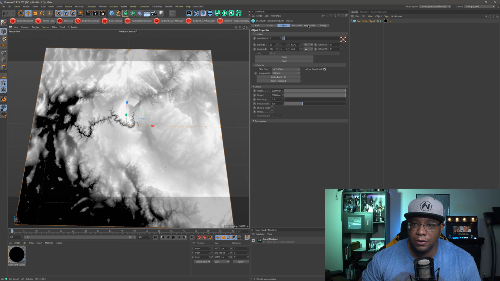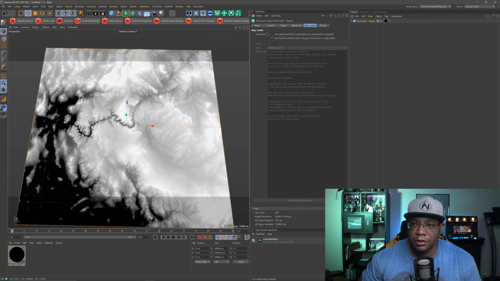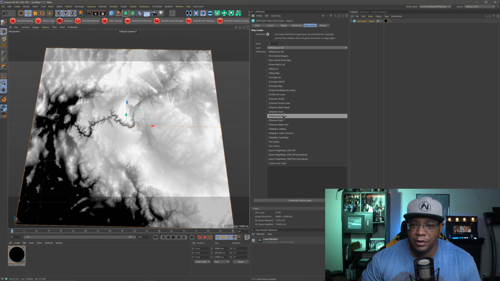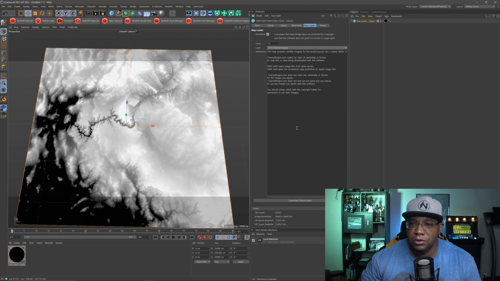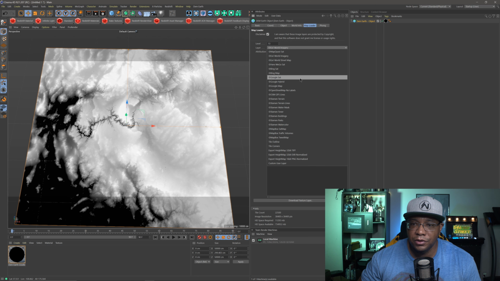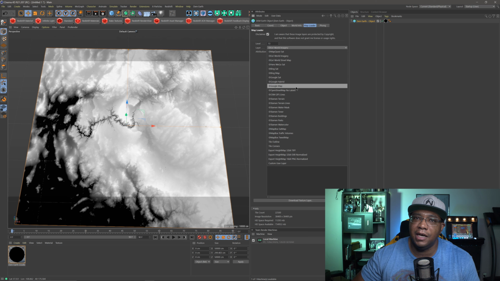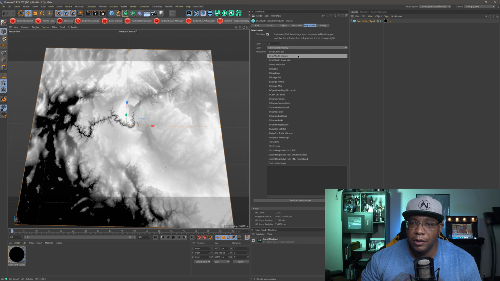So if we come up to map loader, then click on disclaimer, because this is just telling you that all the different maps that you can pick out of here, use them at your own discretion, because you might not have copyright to them to use them in broadcast or movie or whatever you want to use it on. But some of these are open source. Like I believe there's S3 road imagery. Don't quote me on that, but I believe this one is open source. You'd have to go to the website to see what the licensing is for this, but I know for sure for Bing and Google, you have to actually get licensing from them,